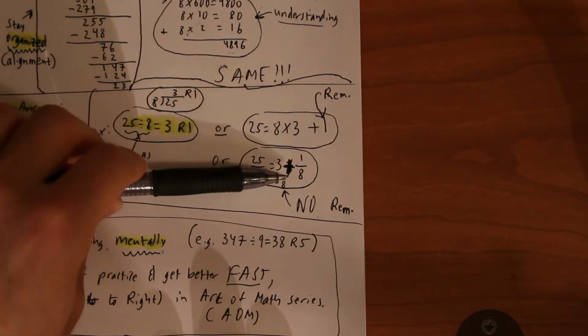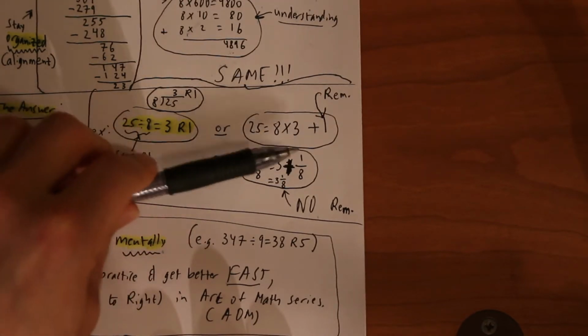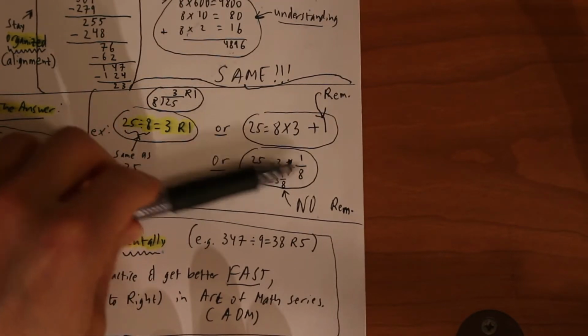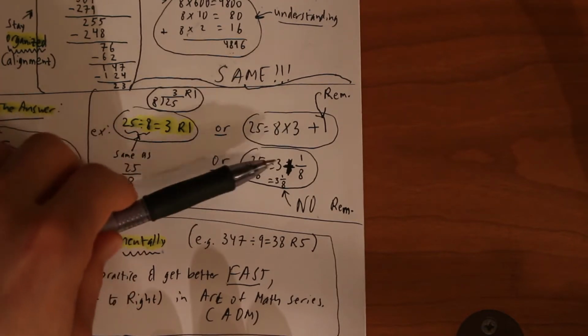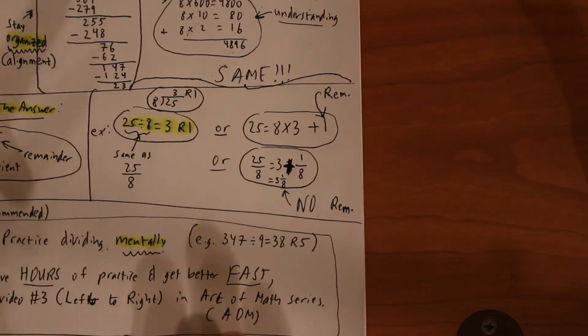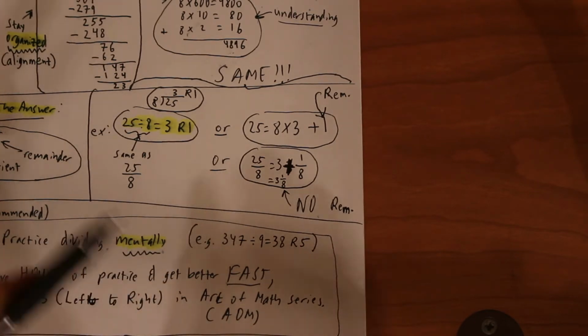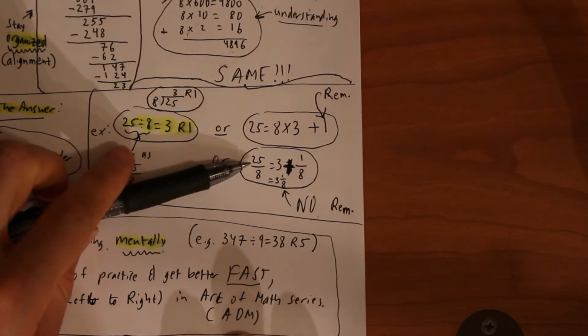And then this is where this new 8 comes from, because we've divided everything by 8, so that 1 is now 1 over 8. And if we add them up, that plus is just that plus. We get 3 1/8. So what point am I trying to make here? You could think of 25 divided by 8 as 3 remainder 1, or you could think of it as 3